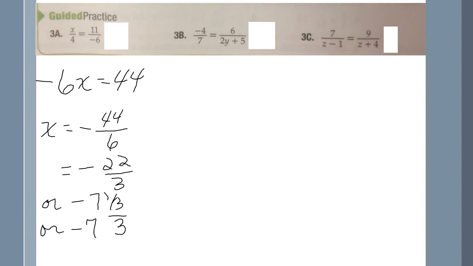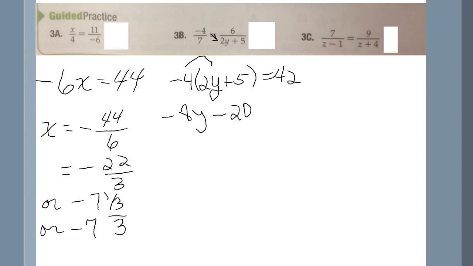Now let's do letter 3b up here. So I'm going to put this one first. So negative 4 times 2y plus 5 equals, well, 7 times 6, that's easy, that's 42. So negative 8y minus 20. Good with your signs, remember to distribute over everything in the parentheses,